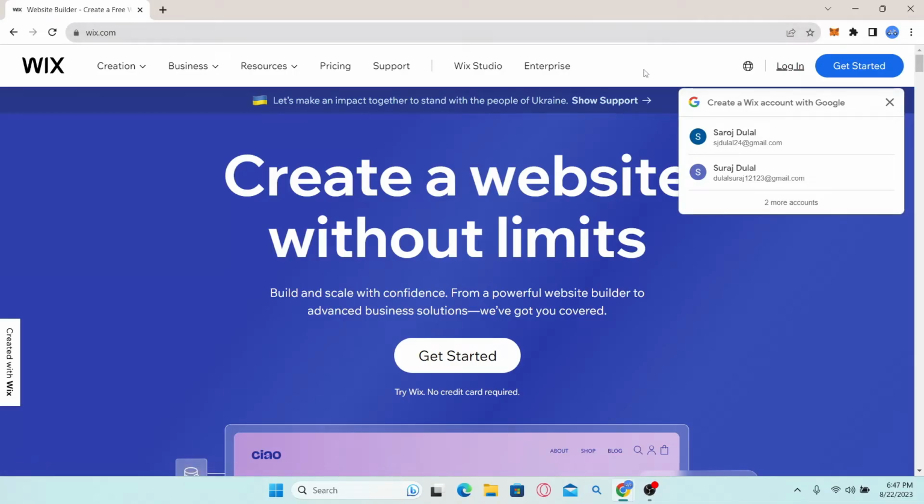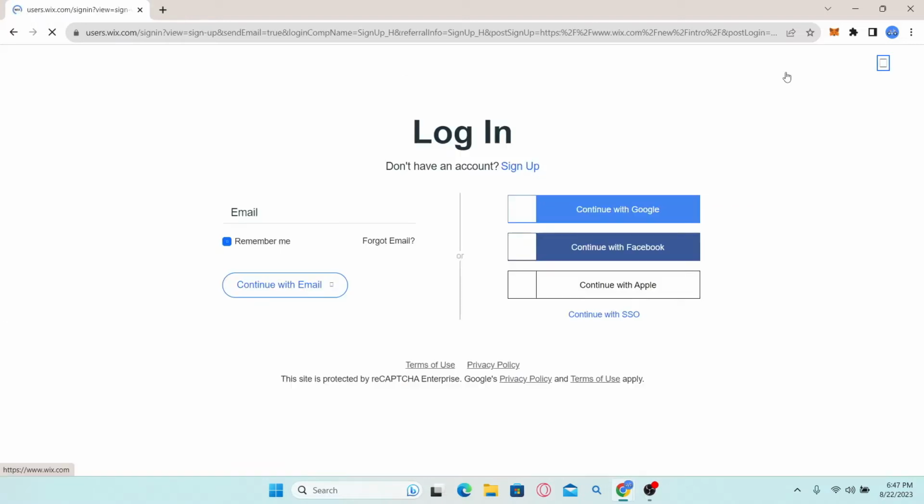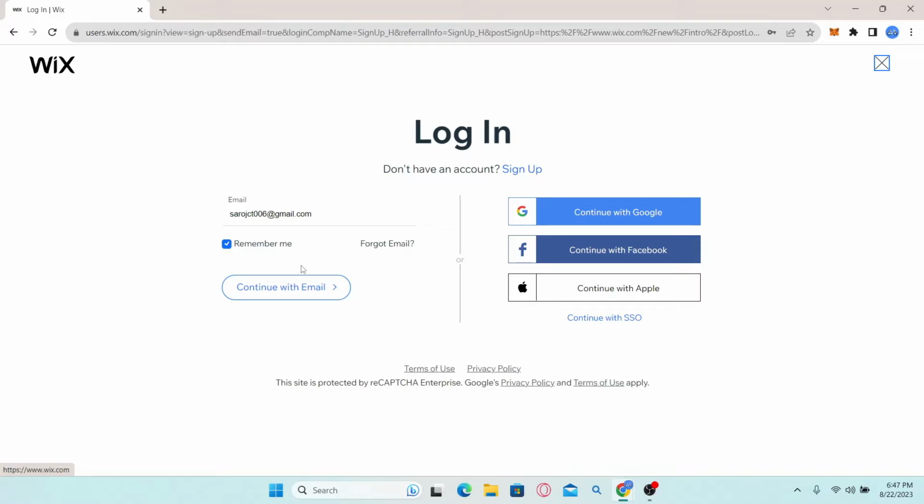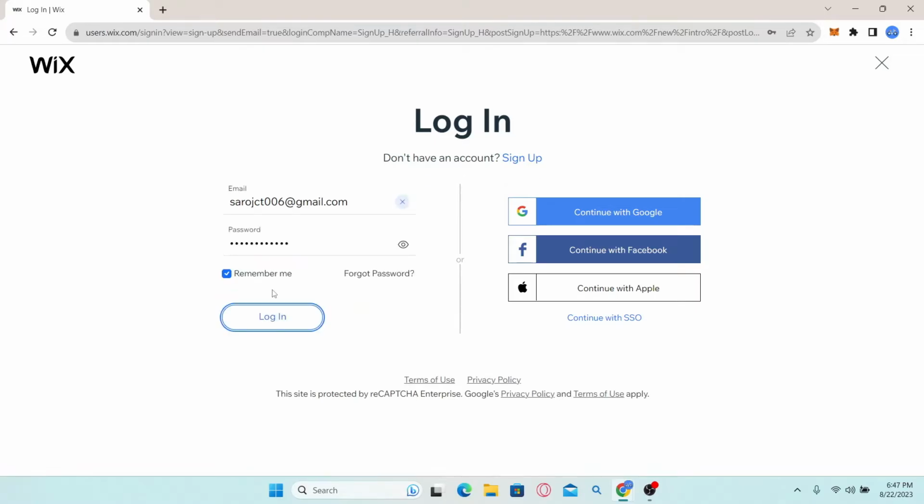In order to log in to your existing account, you can either click on your Google account if you created your account using your Google ID, or you can click on the login button at the top right corner and then proceed with logging in using your email address. Simply type in your email address within the login section and click on continue with email. You will then be allowed to enter your password. Simply type in your account password and click on the login button and you will be logged in to your